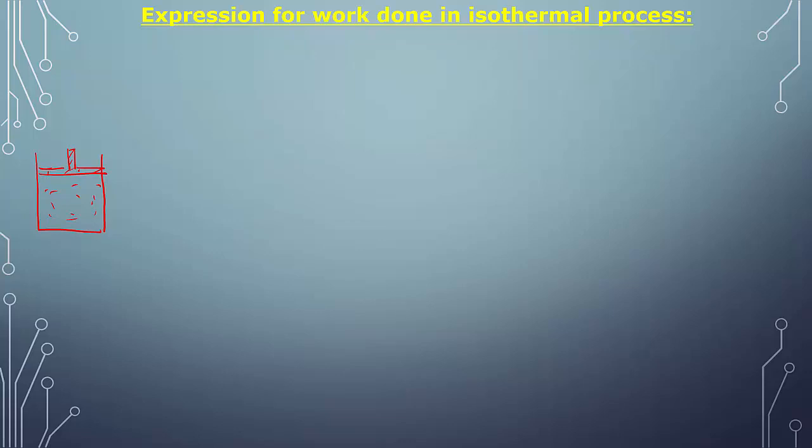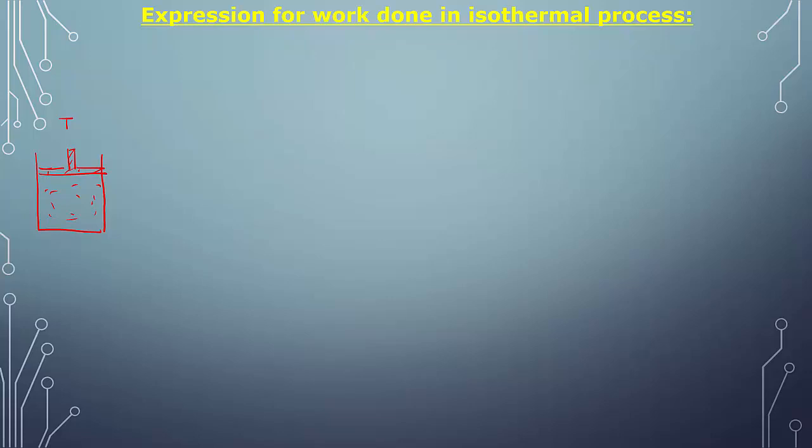Now, the gas is heated to a certain temperature. We can consider temperature is T. Work is done by the gas in moving the piston. Work done is in the form of movement of the piston. When we move the piston inside the gas, the gas is compressed. When the piston moves outside, the gas is expanded. So work is done on the system, or work is done by the system. Remember, work done on the system means compression of the gas. Work done by the system means expansion of the gas.